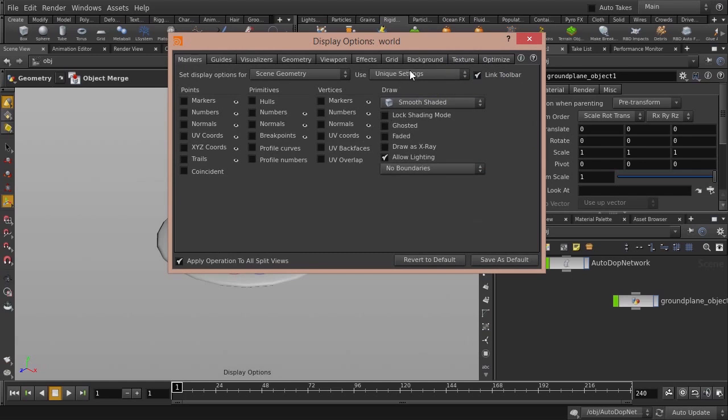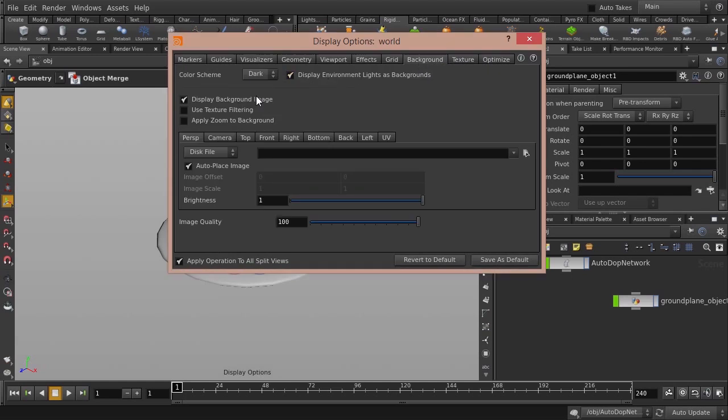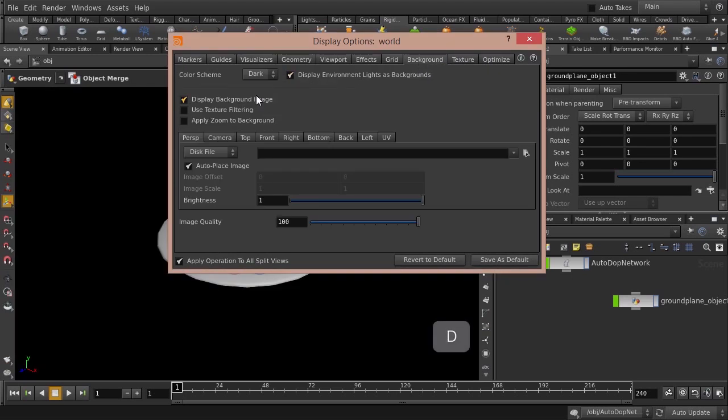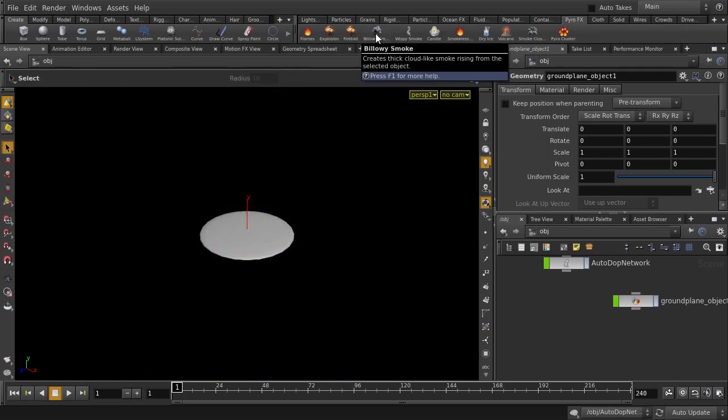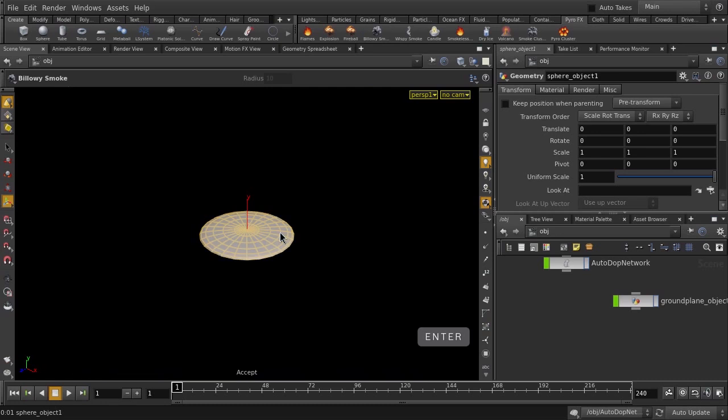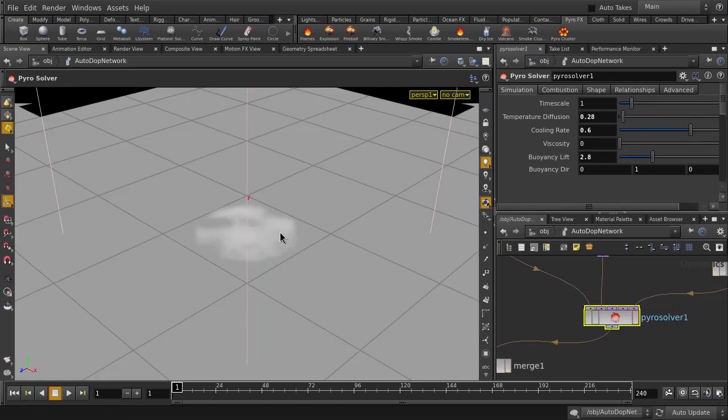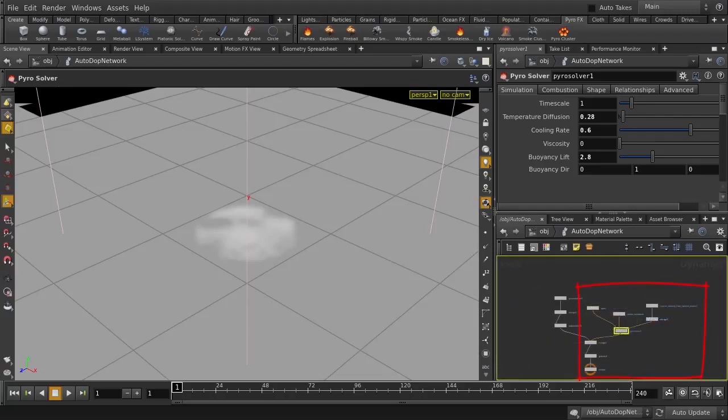Now hit the D key and we're going to change the background to dark so that we can better see the smoke. Hit the D key to close the window. And let's go to our Houdini Smoke tool. Click on it and select the sphere object and hit the Enter key. Right, so Houdini has turned our sphere object into a puff of smoke, and here's the pyro node network that